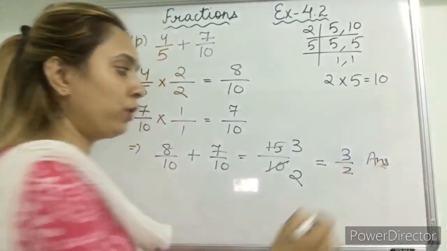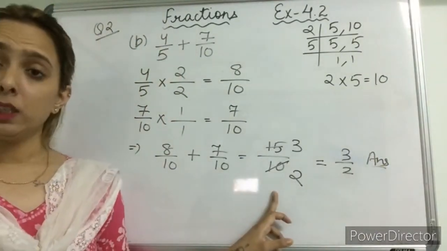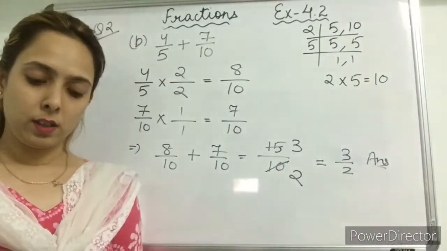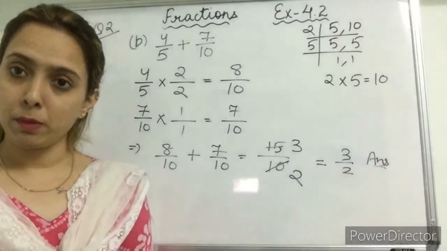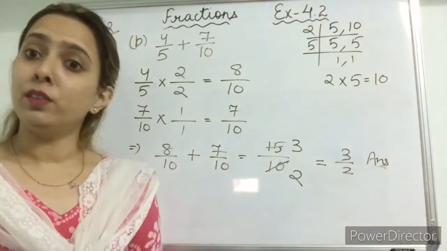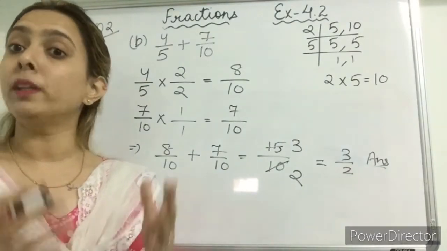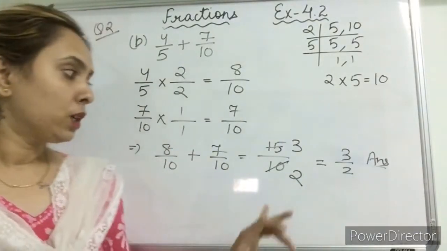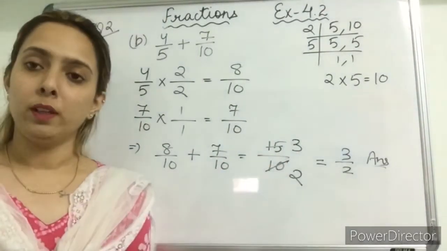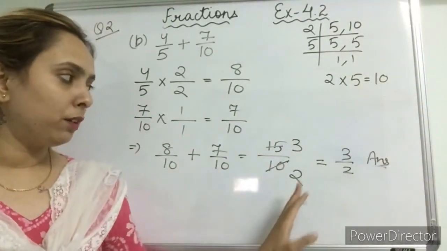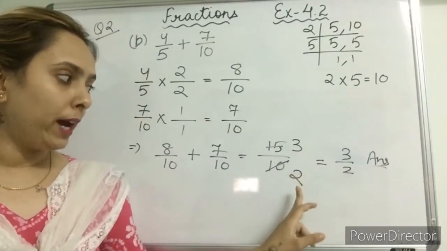In this way, you will check for the final answer whether these two numbers are divisible by the same number or not. If they are divisible by the same number, we will divide them. If they are not divisible by the same number, that means that would be our last answer. So here 15 upon 10, both the numbers come in the table of 5. So I have divided it. 5 3s are 15, 5 2s are 10.